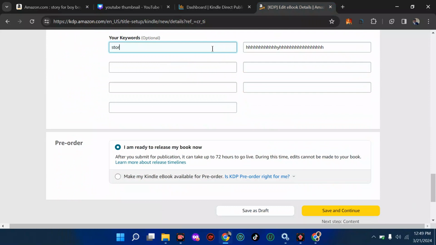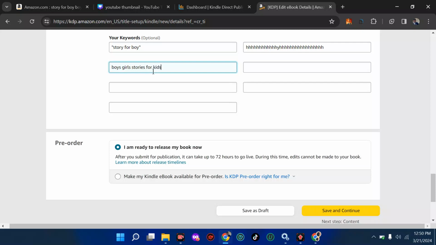You write story for boys in quotation marks, and you put something like this. Yes, that means what this really stands for when it comes to Amazon is let this be the exact search. So anybody who writes story for boys, let it just look like this. So for example, now you write boys stories, guess, or in fact you just write boys guess stories